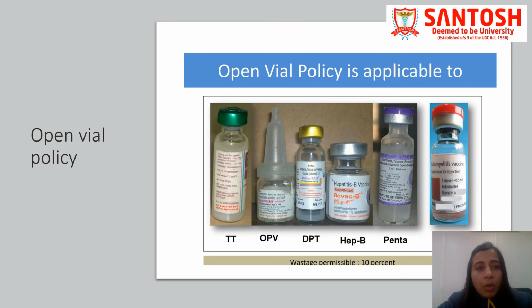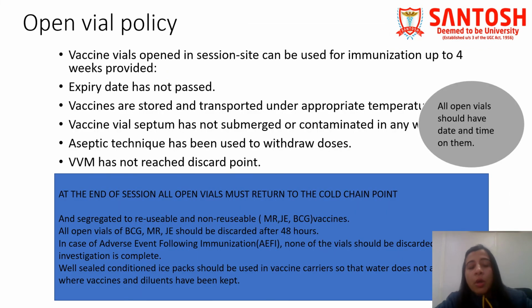So now let us talk about the open vial policy. It is applicable to these vaccines as shown in the figure, that is OPV, DPT, hepatitis B, pentavalent. And what does the policy say? Vaccine vials opened in session sites can be used for immunization up to 4 weeks provided that